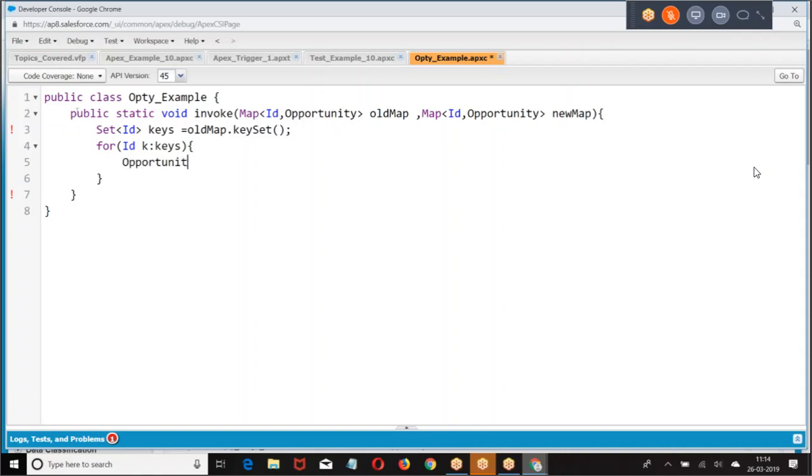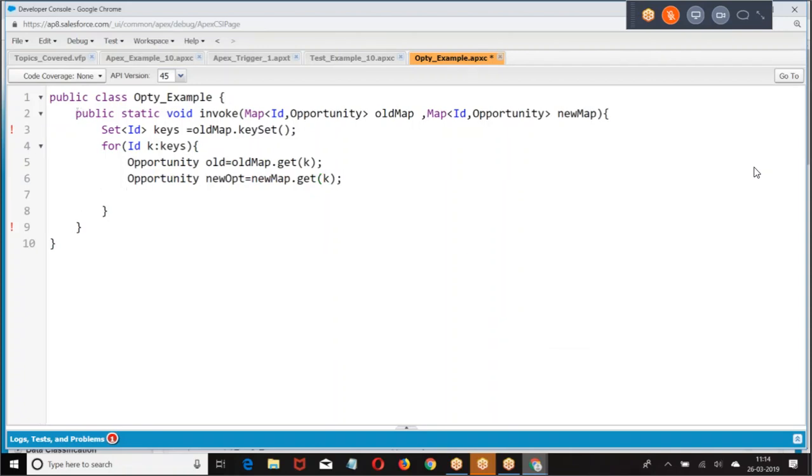Then I'm giving opportunity, old map, new map.